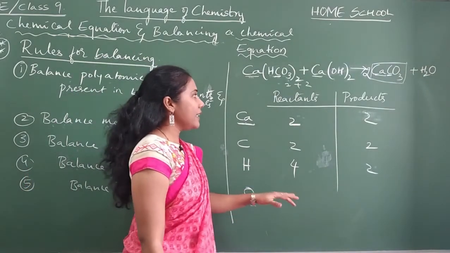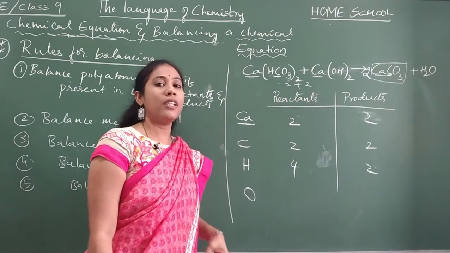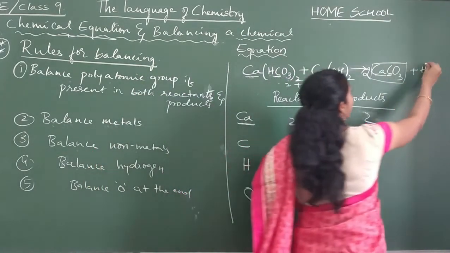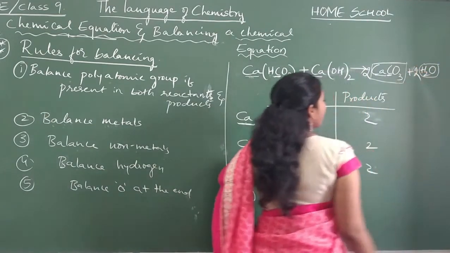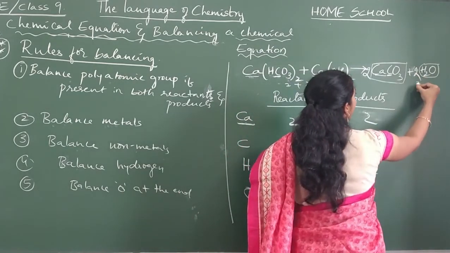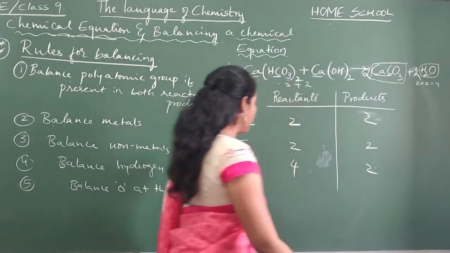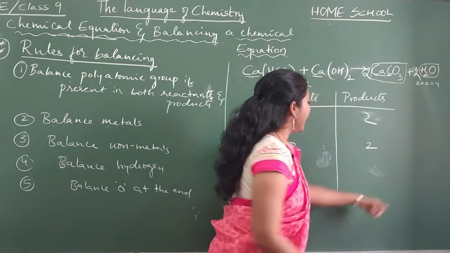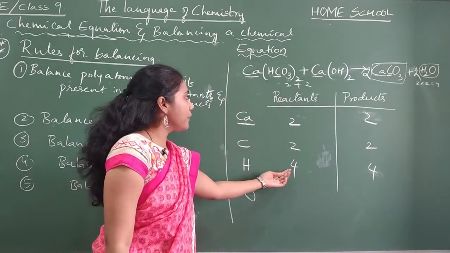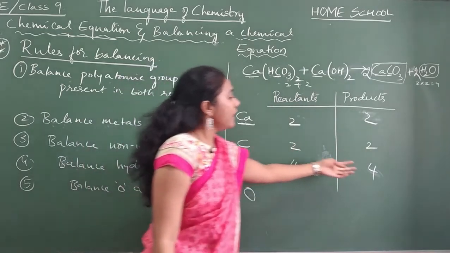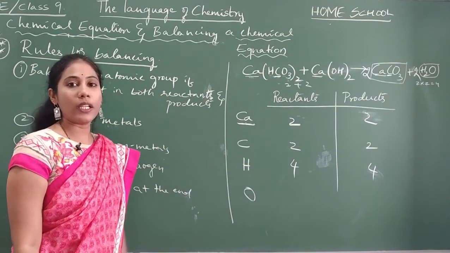That means where are lesser number of hydrogens? Product side. So you need to balance there by putting a digit. So here I have to put a digit. What digit can I put here initially? Put 2 and check. If you put 2, what happens? 2 into 2 is equal to 4. Yes or no? So when I put 2 there, now it became 4 in the product side. So here you had 4 H atoms and after putting 2, it became 4. Now hydrogen's balancing is over.